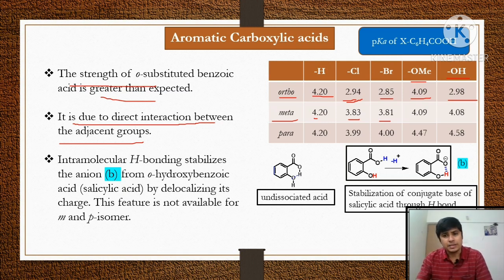Okay, but again in what? In meta-methoxybenzoic acid, acidity again decreases compared to benzoic acid, and in meta-hydroxybenzoic acid, acidity again decreases compared to benzoic acid. Okay, as compared to the ortho series, there is what? A good relationship of the meta substituent with benzoic acid in terms of correlation of what? This